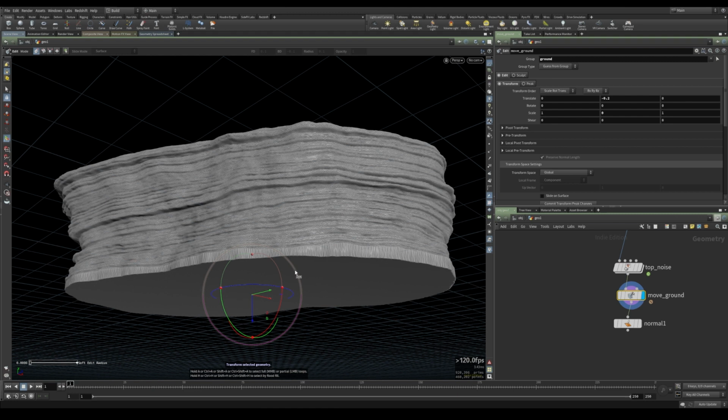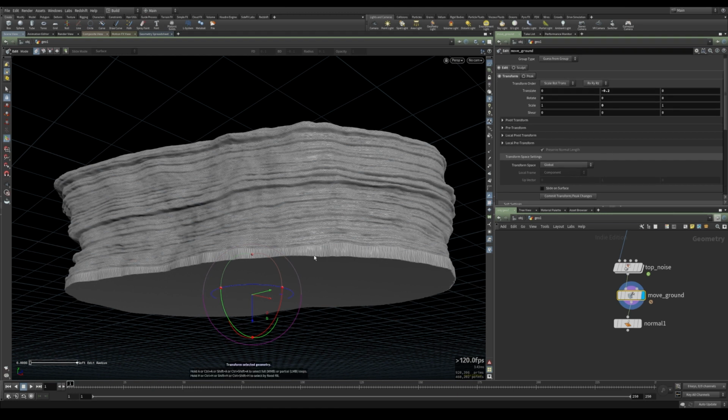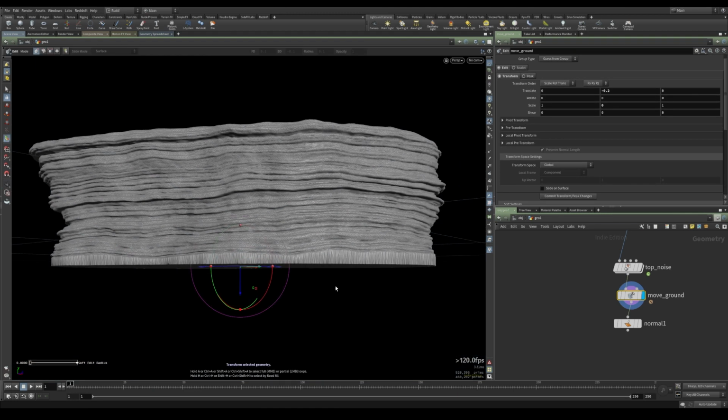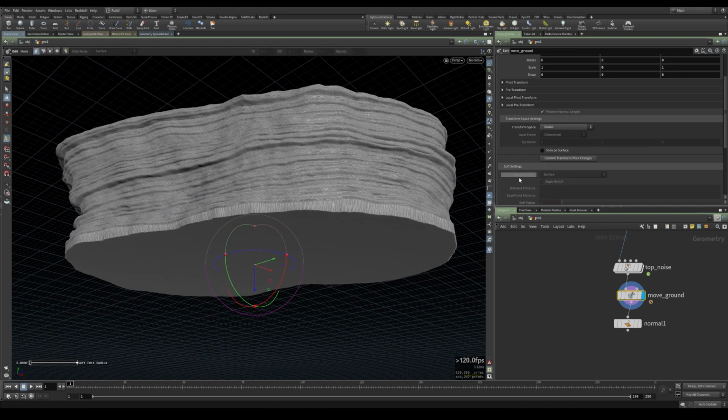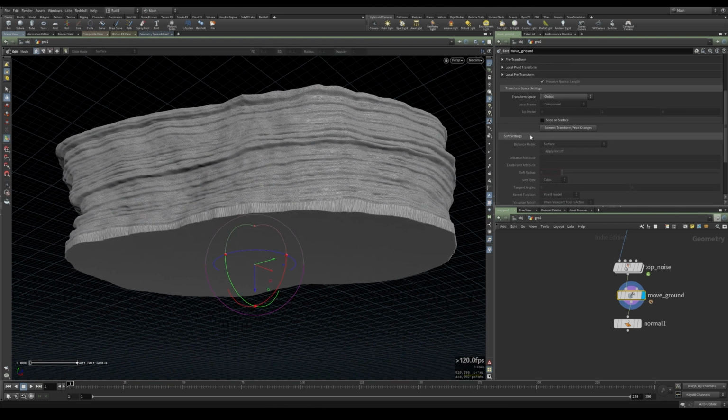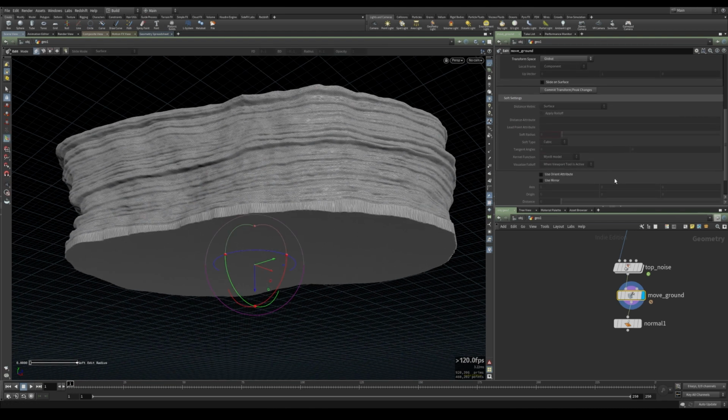squish the whole base. So basically we squish the whole point group, and now on the soft setting you can